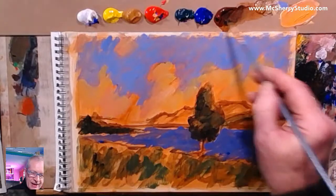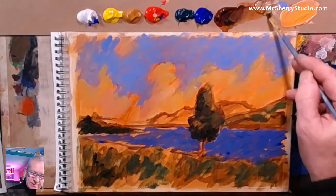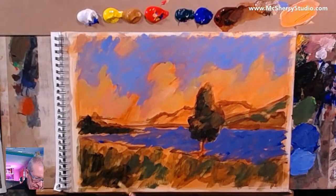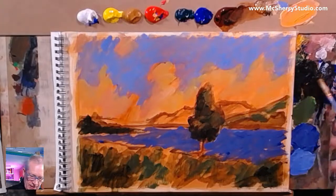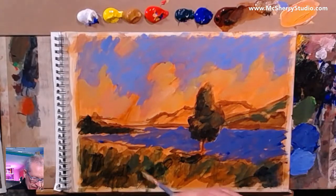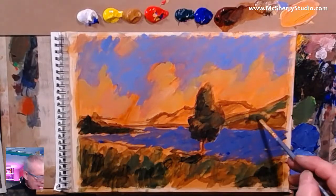And then down here, you can frame the painting by putting it a bit dark down here. Oh, that is quite transparent now, possibly because it's got the extender in it. That's interesting. Down here too. And then here. That's all very random. And here, of course,